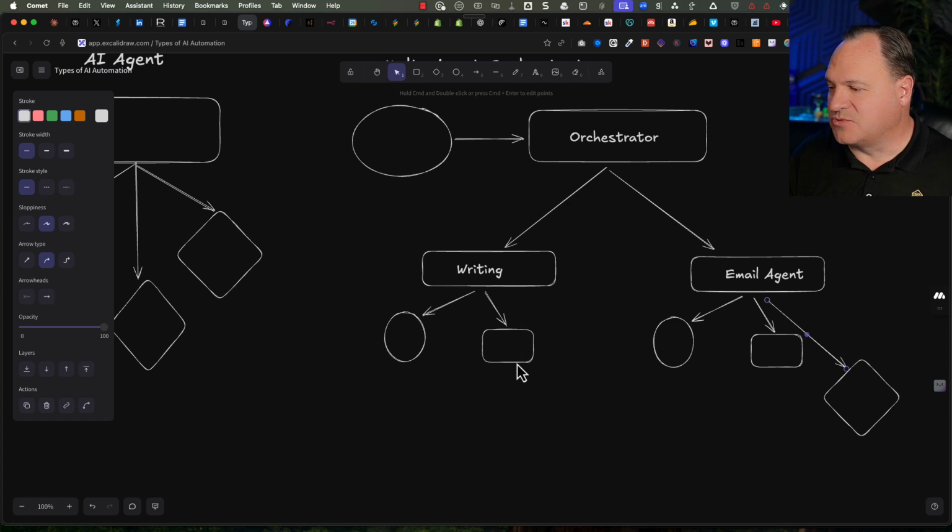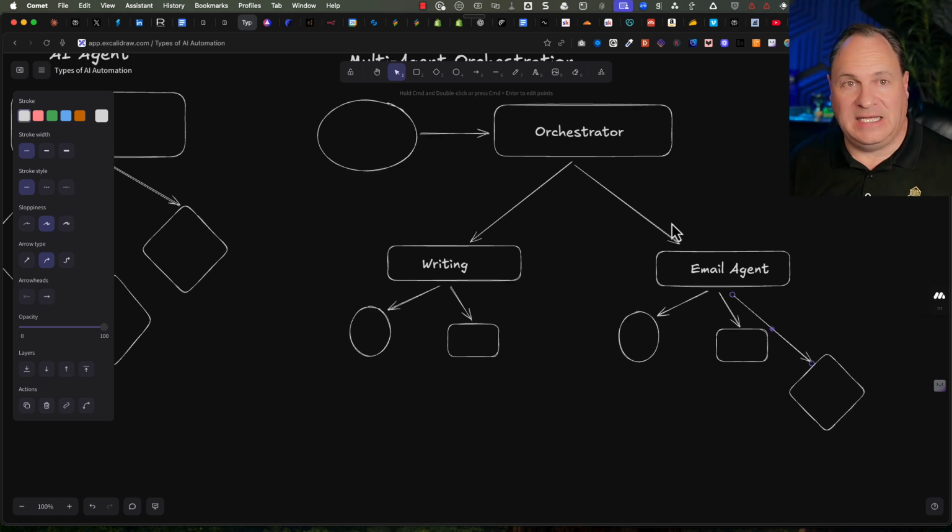The writer does research, goes out to Google, enriches the content, all the things we've shown you so far, and actually writes a very good article based on the content that I suggested. It sends that content back up to the orchestrator and says, guess what? My job's done. I did my job. It's up to you now. The orchestrator then says, well, I need to email it to the user. So it sends it down to an email agent who says, well, I need to write an email first. And so let me write an email.